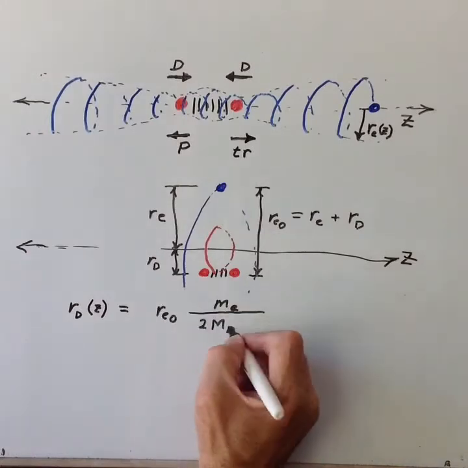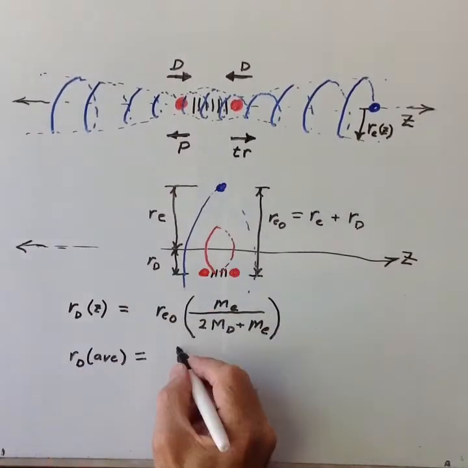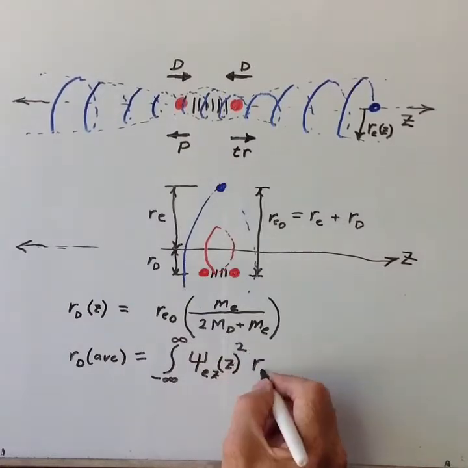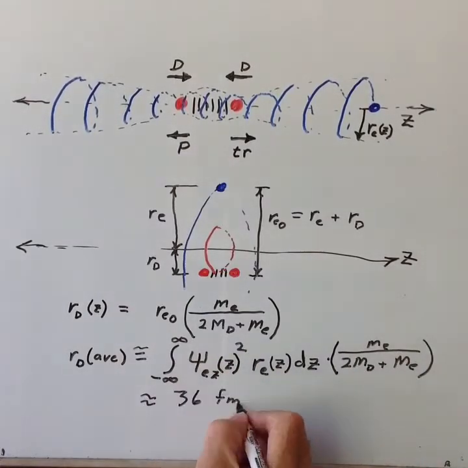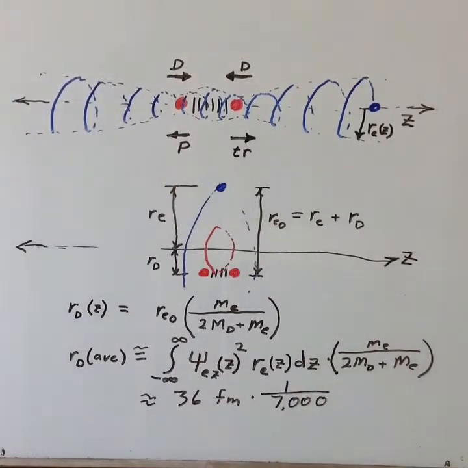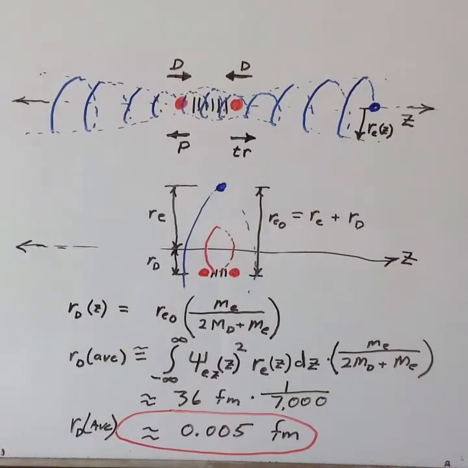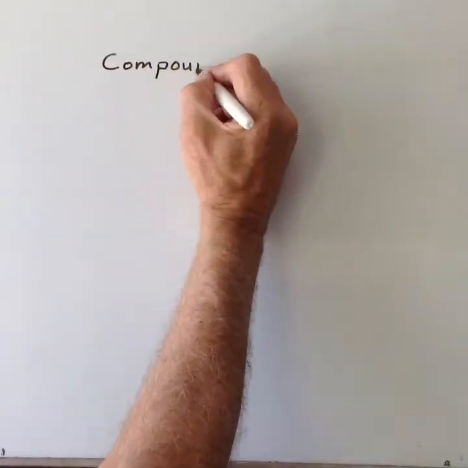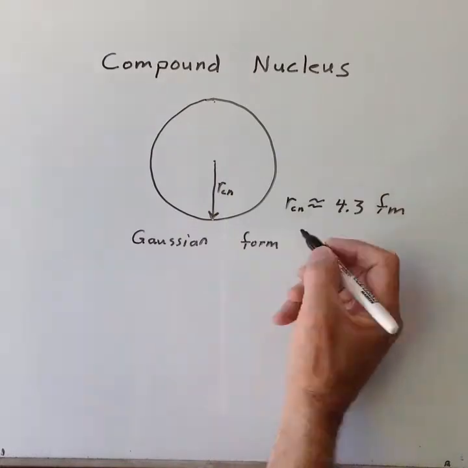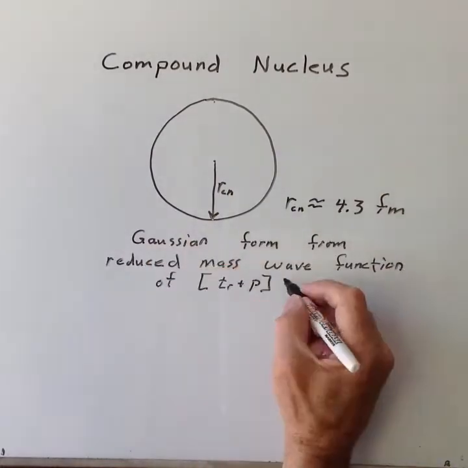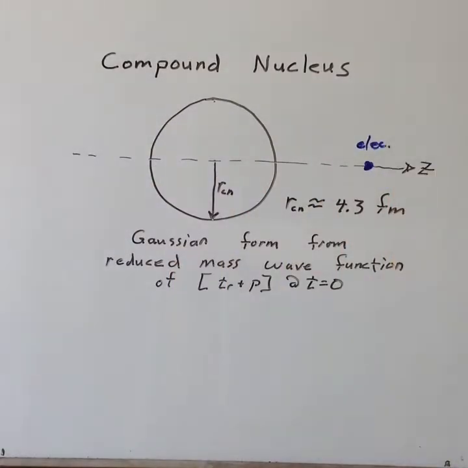To get the average deuteron radius, we simply integrate the electron radius times the probability along the full range of the z-axis. We then adjust this with the reduced mass of the electron to get the average particle radius in the compound nucleus of 0.005 Fermi. With this average nuclear particle orbital radius that correlates with an electron position on the z-axis, we can estimate the probability for this state. We first generate a tritium-proton wave function of 4 MeV from a spherical Gaussian distribution.